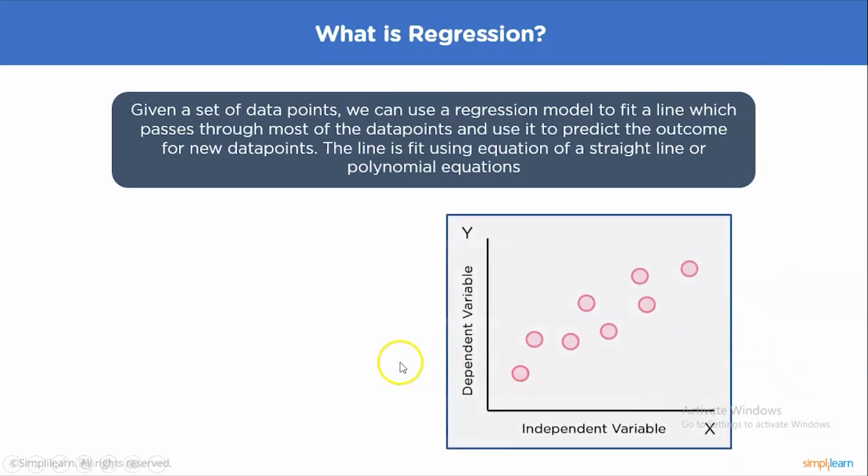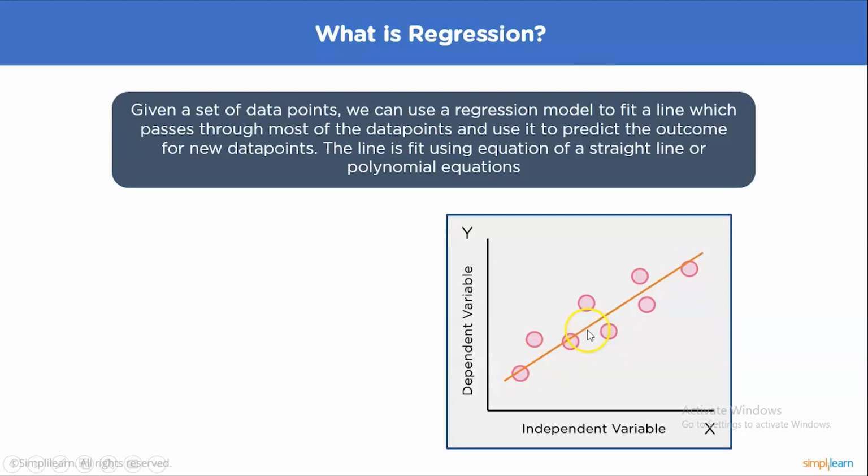Now in this graph, consider that we have our dependent variable or the output y and our independent variable or the input x. For a certain value of our independent variable, we are going to get a certain value of our dependent variable or our output. Using the data given here, we can see how our output varies when our input varies. To predict the value of our outcome y, we're going to need to find a relationship between all of these data points. To do this, we're going to plot a straight line through it because as you can see, all the data points lie more or less along a given straight line.